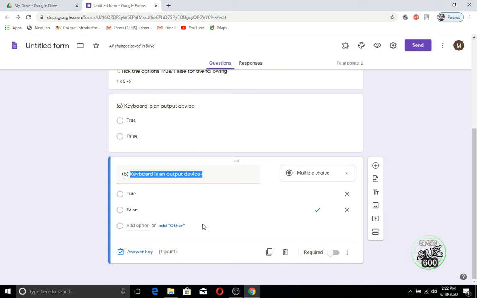Write another question as: Printer is the input device. I'm writing these two questions. Printer is the input device. So after writing this,